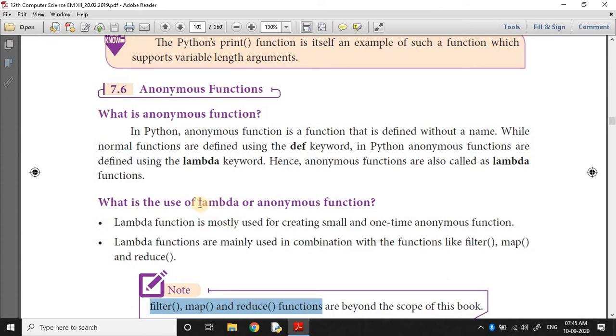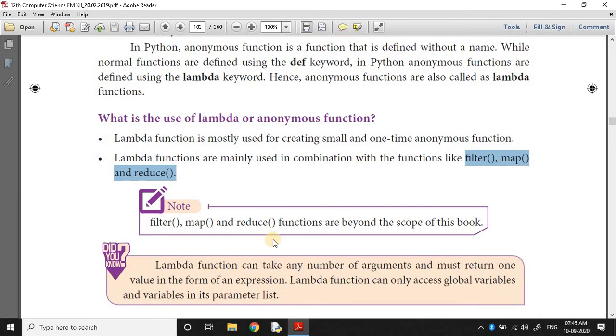But this is very important in lambda functions. These functions are very important while using lambda functions. Here we just study what a lambda function is. A lambda function can take any number of arguments and must return one value. This is compulsory. A lambda function is an unnamed or anonymous function. Instead of the def keyword, the lambda keyword is used.